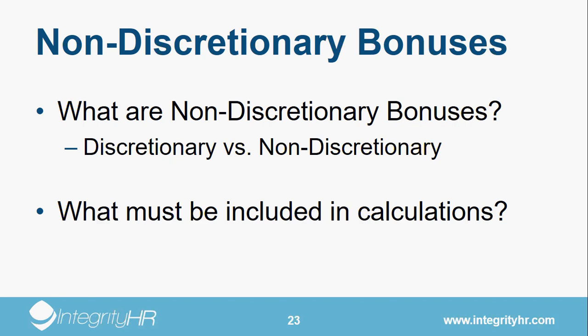Right. Now, if we contrast that with what a discretionary bonus is, those are things that aren't announced, they're not very specific, they're not promised in advance, and so there's no real calculation associated with that. So an example, let's say you decide at the end of the year to surprise your employees with a bonus. This would generally be considered a discretionary bonus. Like sometimes, employers have a Christmas bonus, and there's no criteria associated with that, or maybe a Hanukkah bonus. Yeah, something like that.